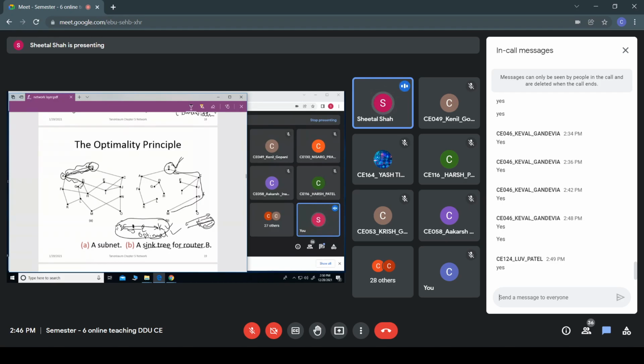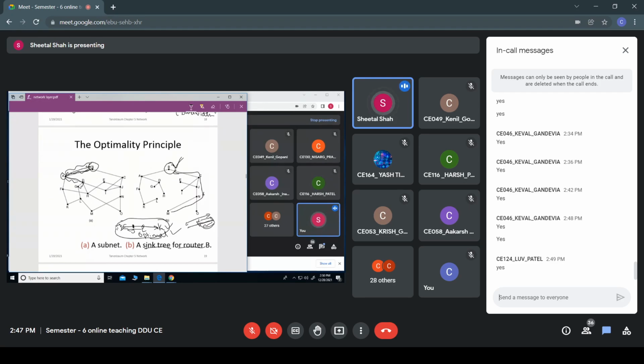So this is my destination, and all these are the sources, and all of them are having an optimal path, and it would create a tree. It is not necessary that the sink tree would always be the same. For example, here you can see, to reach from B to I, it might be possible that, say, to reach H, how many hops are there? 1, 2, 3, 4, and here 1, 2, 3. In this example it doesn't satisfy.